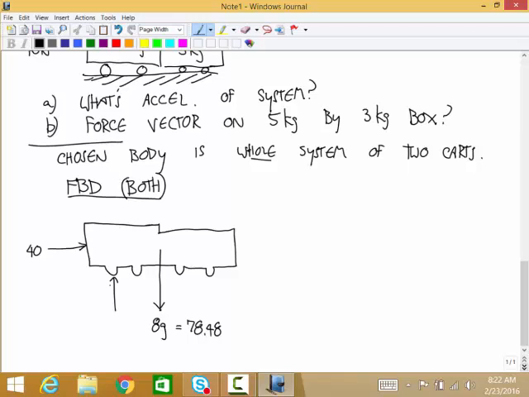Okay. So I'm going to call this N5 and N3. And so, okay, how did I come up with those directions? It looks like everybody pretty much did those directions right. A couple people missed those forces. That should say N3, not 3.